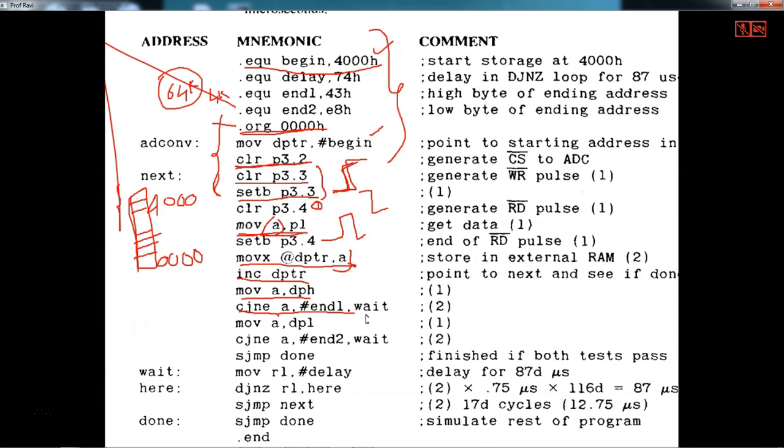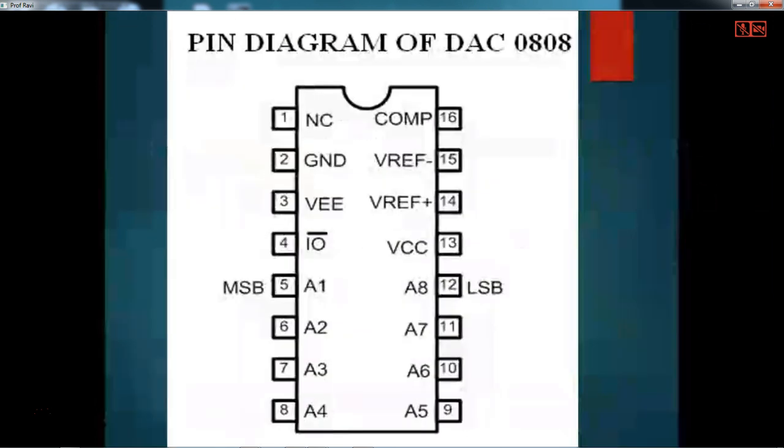Only the thing is the instruction set. You try to see here, it is clear, bit programmable. 8051 is bit programmable, is what you can try to see. So this is what your